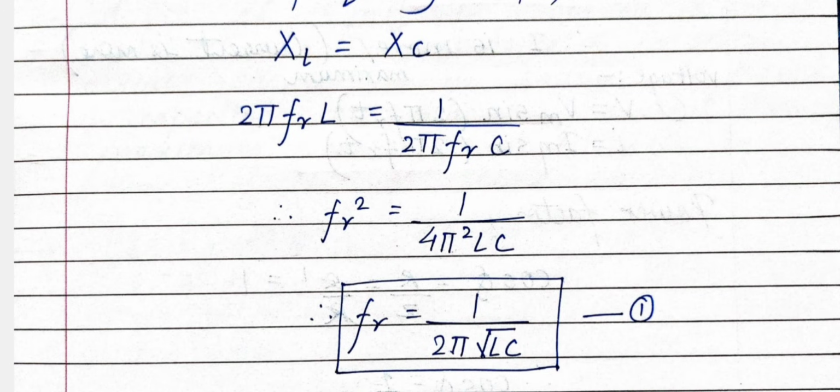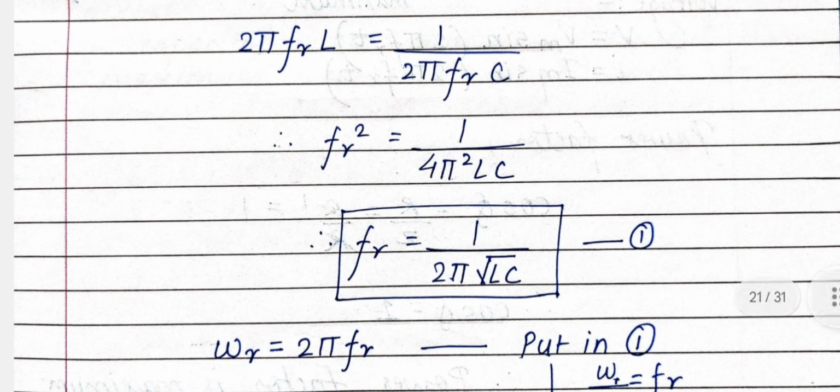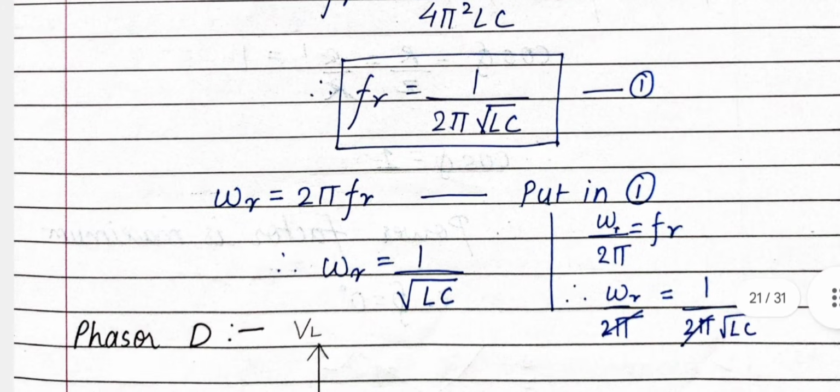Now we are deriving the resonant frequency. Here XL equal to XC is the condition for resonance. Then we have to write 2 pi FL, which is the formula for XL. Just write FR, which denotes resonant frequency, nothing else, which is equal to 1 upon 2 pi FC. Now you will take FR on the left hand side and other things on the right. You will get FR square, that is resonant frequency the whole square, equal to 1 upon 4 pi square LC, and just by taking the square root you will get FR is equal to 1 upon 2 pi under root LC. So this is your equation for resonant frequency.